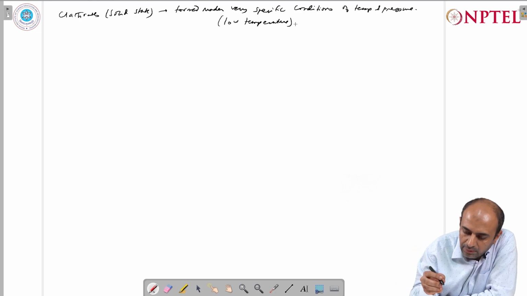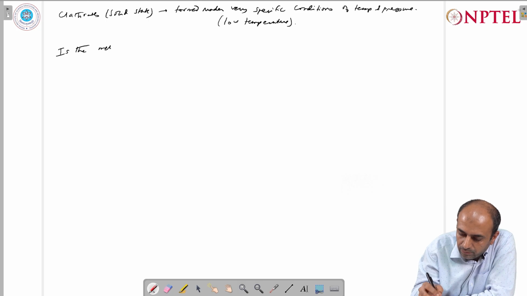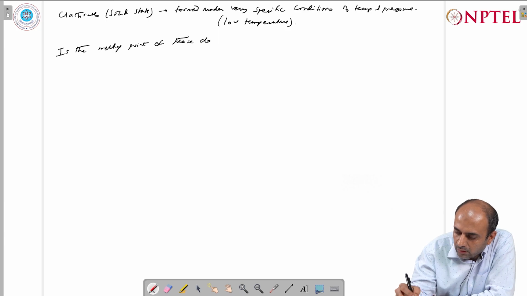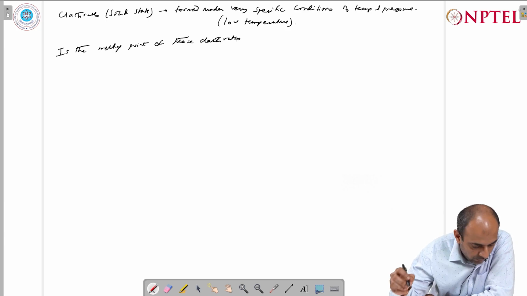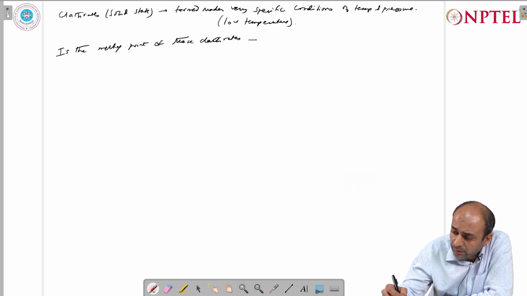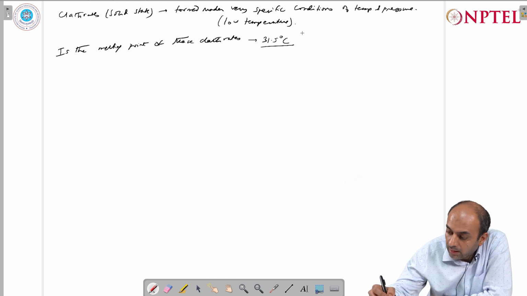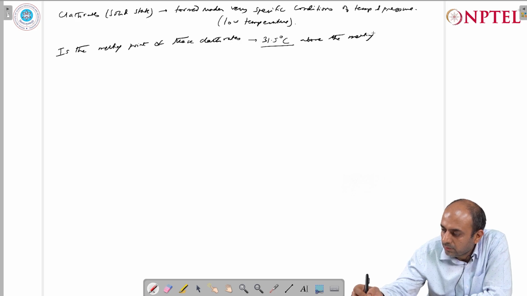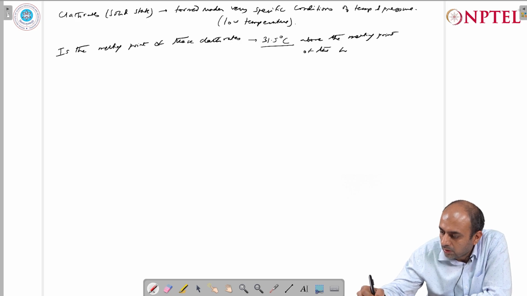And one such important property is the melting point of these clathrates, and it has been found that the melting point of these is 31.5 degree centigrade above the melting point of the hexagonal